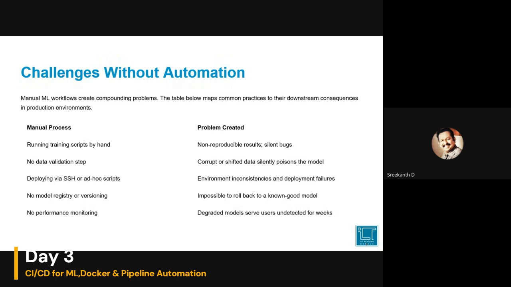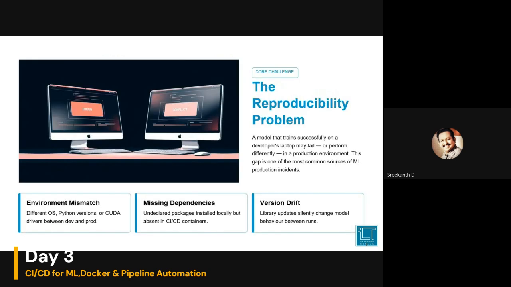In the reproducibility problem, this is a very common issue: a model trains perfectly on the developer's machine but fails in production. Why?